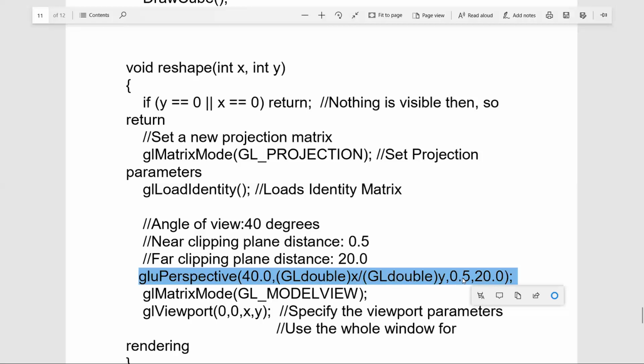The near clipping plane is at a distance of 0.5 and the far clipping plane is at a distance of 20.0.